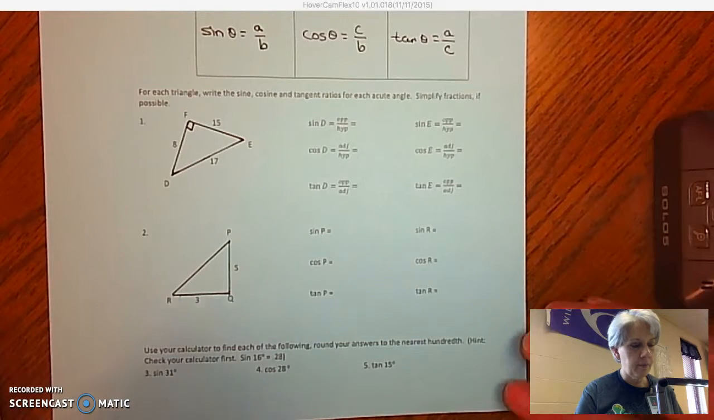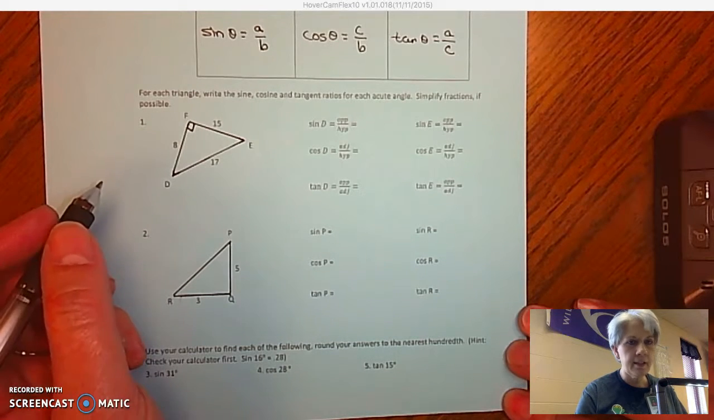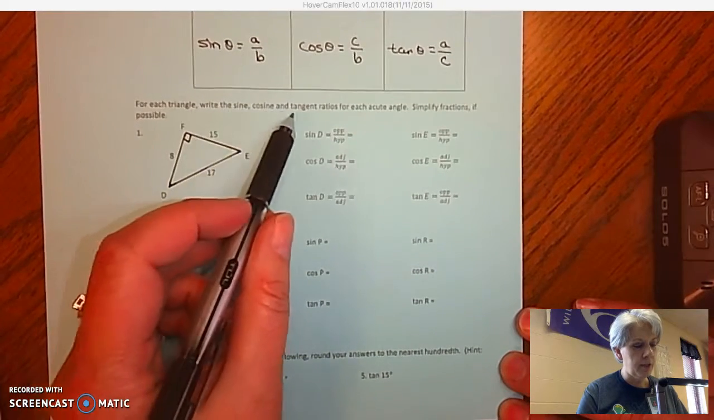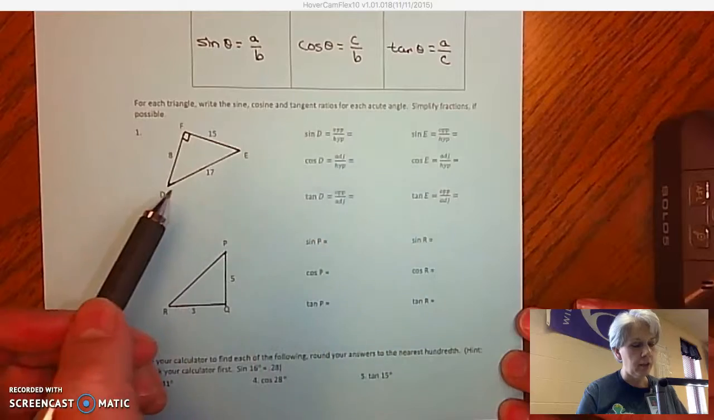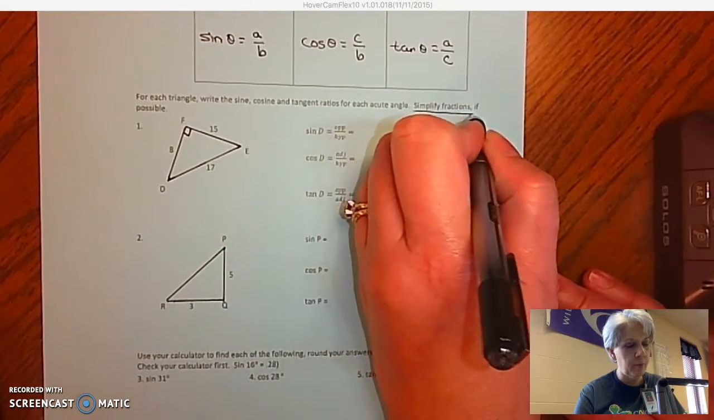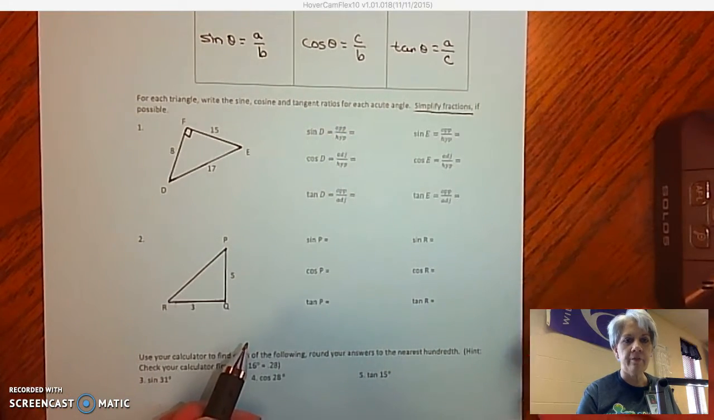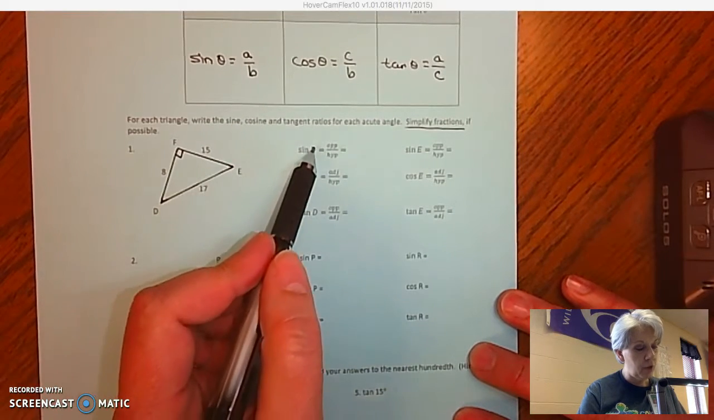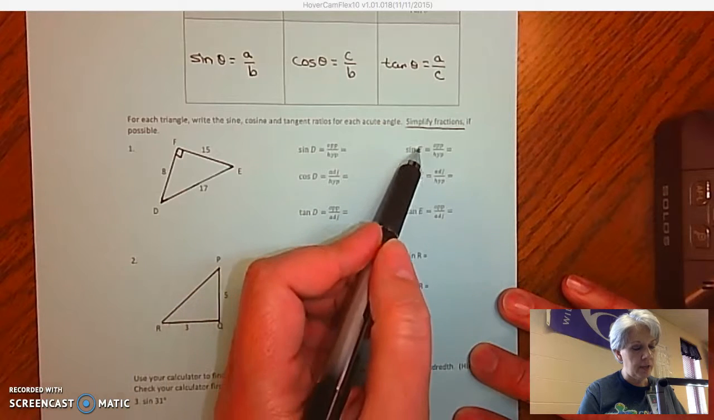All right, here is my second part of this lesson, and we're going to go ahead and it says for each triangle, write the sine, cosine, and tangent ratios for each acute angle. And this is very important to remember, is it says simplify fractions if possible. Okay, so we have our triangle here, and we notice that we're using angle D first, and then we're using